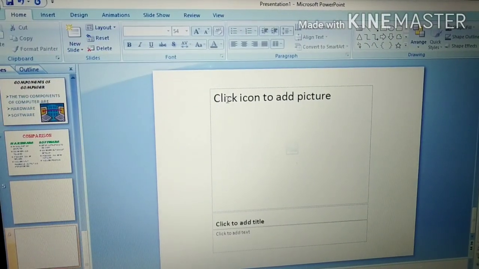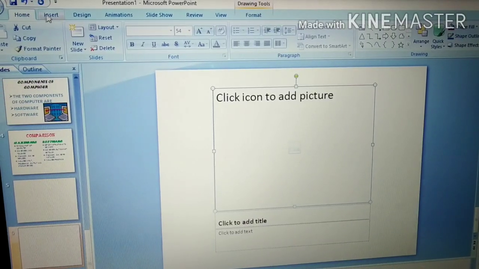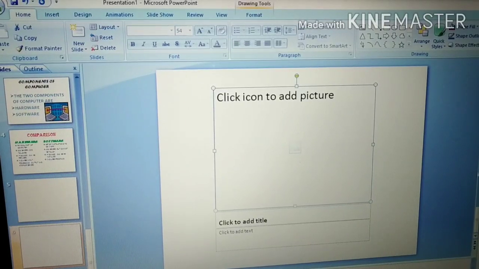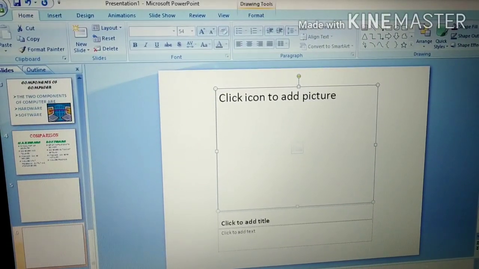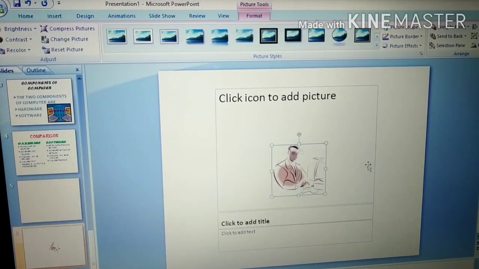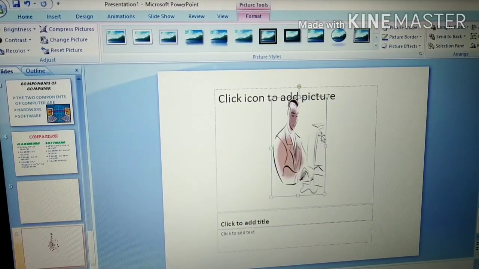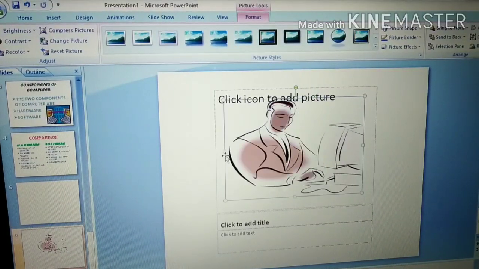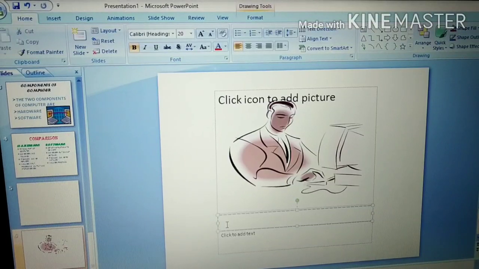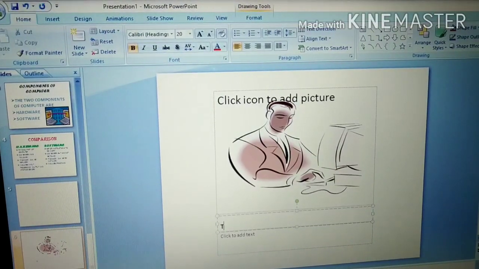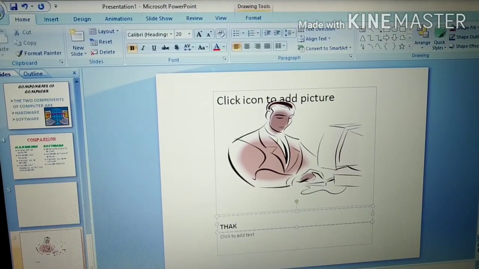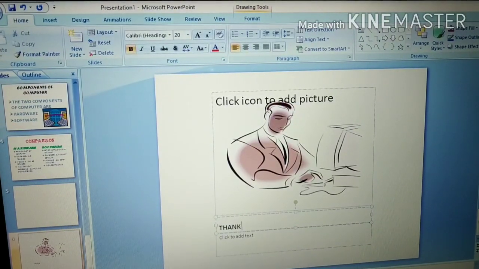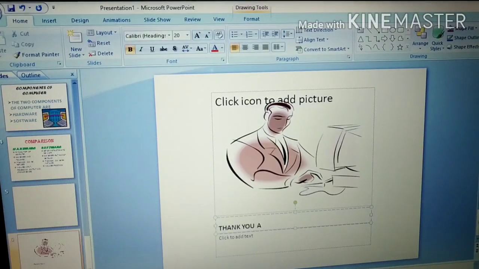Now here, with the help of again this insert tab, you can click on pictures, as pictures are given here. So select any of the pictures. Suppose this picture I have selected. Drag it and accordingly set the size of the picture. Clear? And in here, click to add title. Here you can write thank you all.